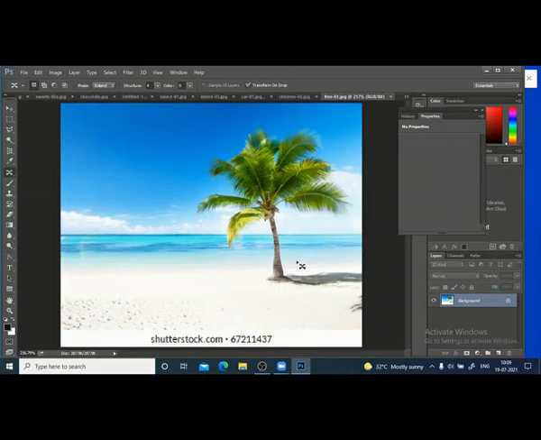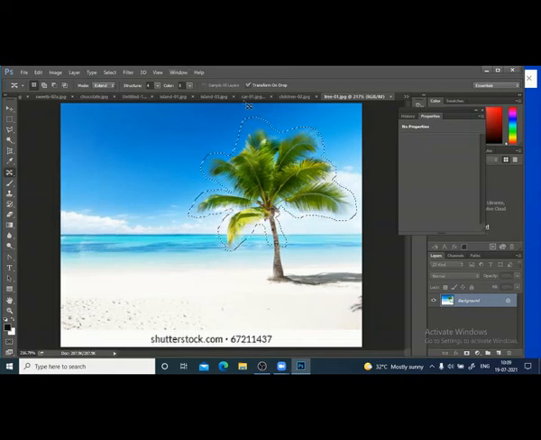So I will keep the bottom portion as it is. I will select from here. So this extension can be used to extend an object also.